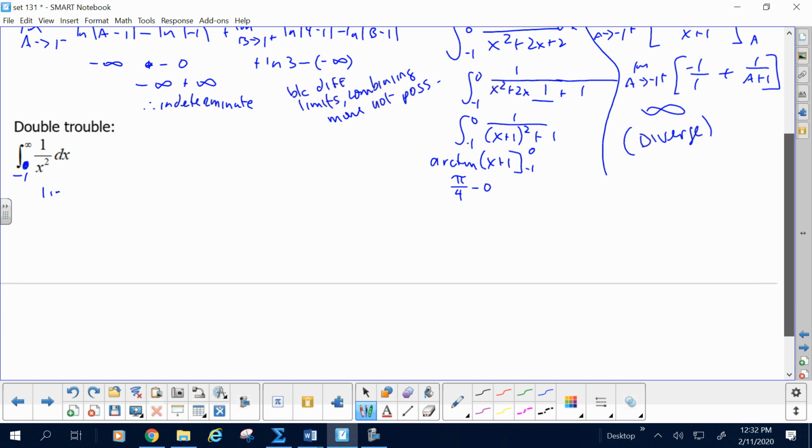Three. Ergo the name, triple trouble. Limit as a goes to 0 from the left, from negative 1 to 0. Okay, so let's talk the graph. Would you agree the graph has an asymptote at 0? Oh, yes. And I'm going from negative 1